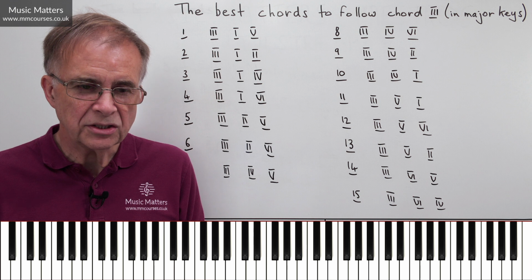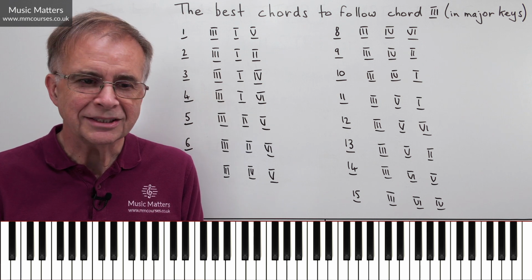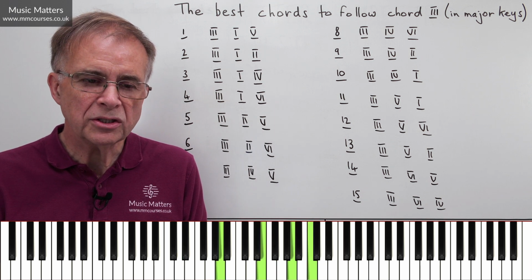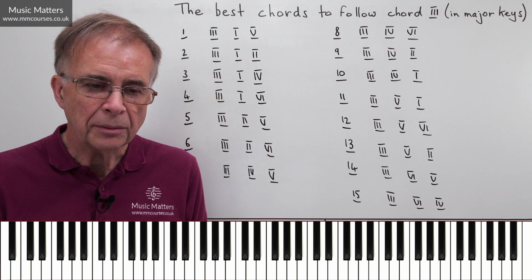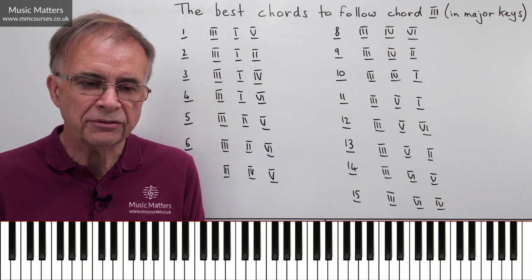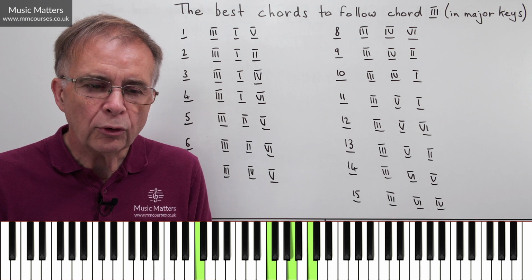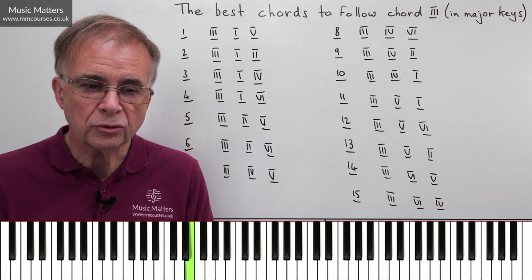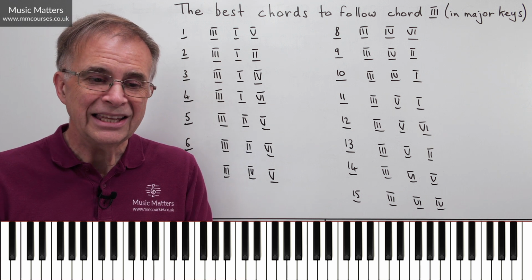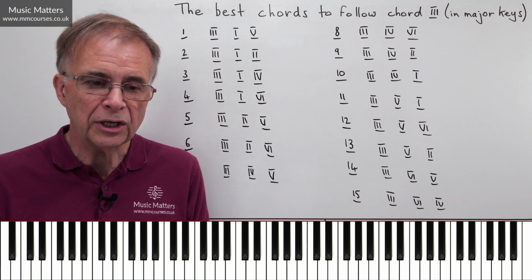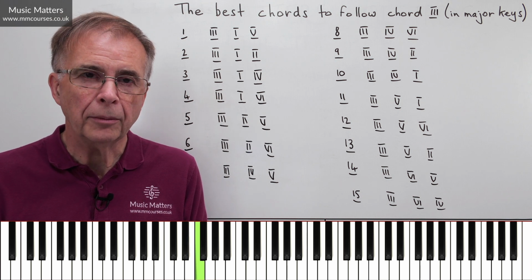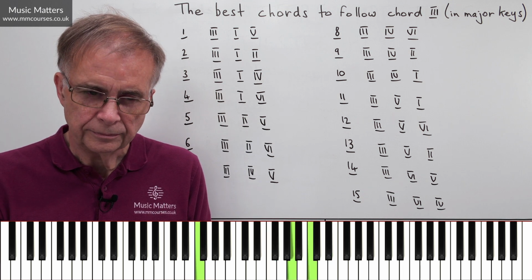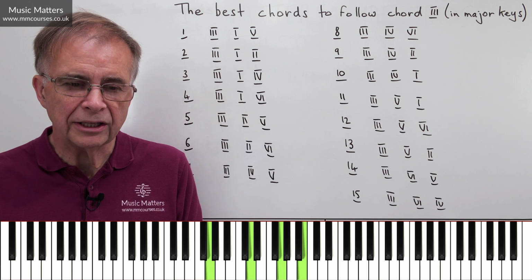Okay, option number 6 is 3 to 2 to 6. So 3 to 2 to 6. That's quite a nice progression as well, I think. Okay, what about option number 7 is going 3 to 4 to 5. So 3 to 4 to 5. What's quite handy about that one is the bass going by step. 3, 4, 5. Again, don't get parallels with the other parts. Go in contrary motion. So if the bass is coming up, the top line could come down. And then you avoid all that parallel movement.